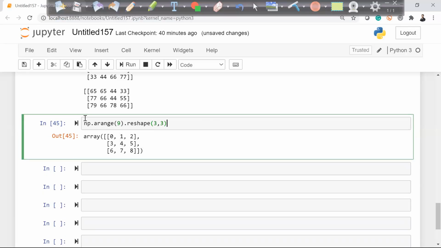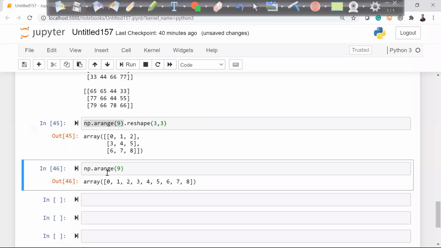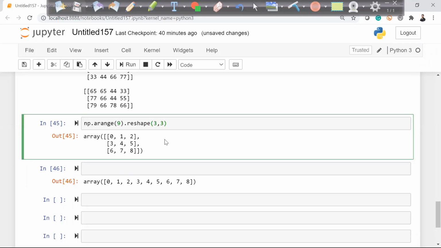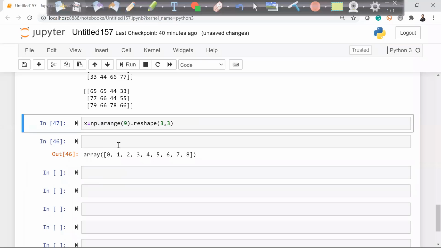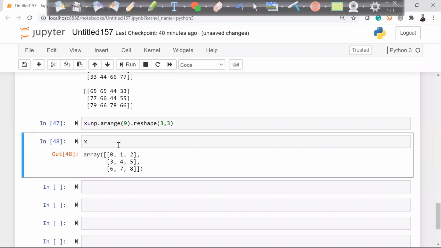So basically I used numpy dot arange dot reshape. Arange will generate numbers from 0 to 8, which gives an array. This array I am reshaping to 3 cross 3 because we have 9 elements. So we get this matrix. Let me save it in X. So I have my X, which is a matrix.